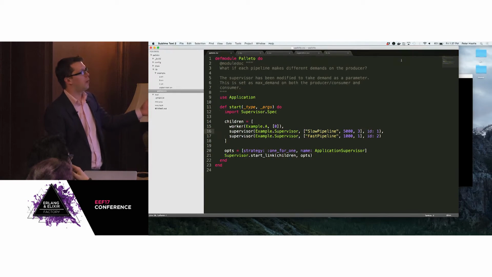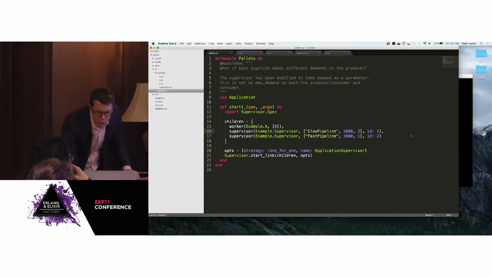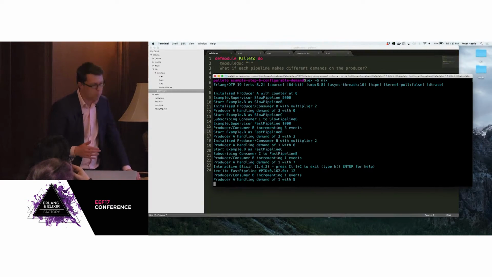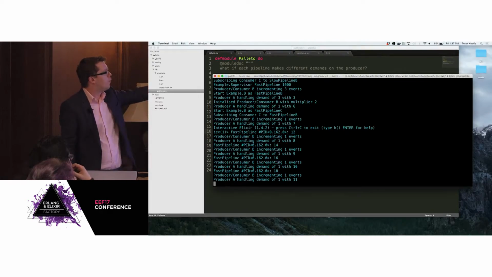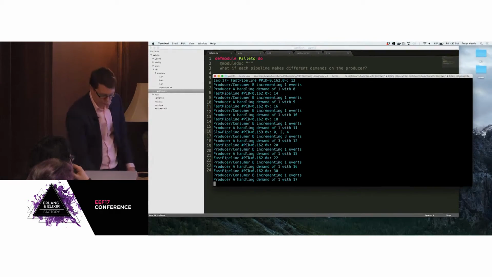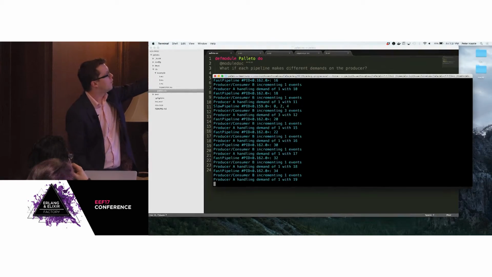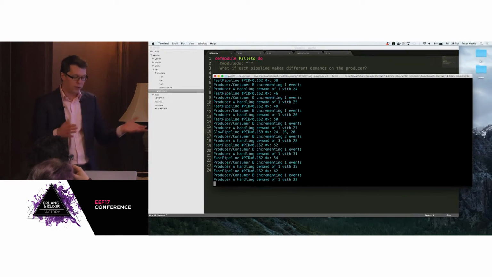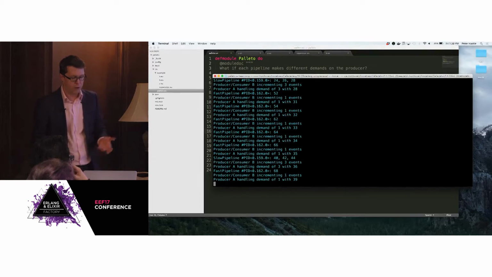One is a slow pipeline that takes 5 seconds to process the message, but asks for 3 messages at once. The second one is the fast pipeline, which only takes a second and only asks for 1 at a time. So you can see the effect of asking for different amounts of demand here, because every time the fast pipeline writes out, it just writes 1 message. But just about to scroll off the top, there was the slow pipeline. Every so often there's a slow pipeline that has 3 messages associated with it. So you ask for 3 events, you get up to 3 events.